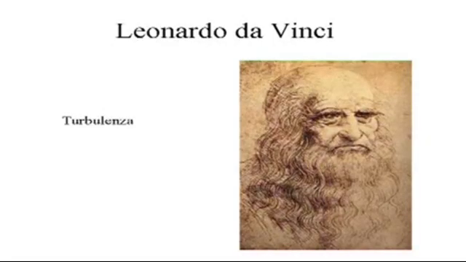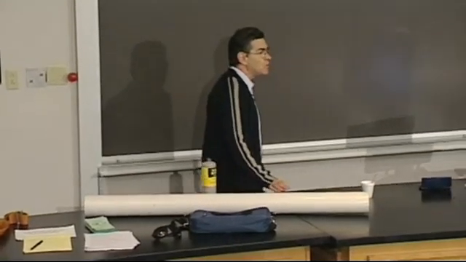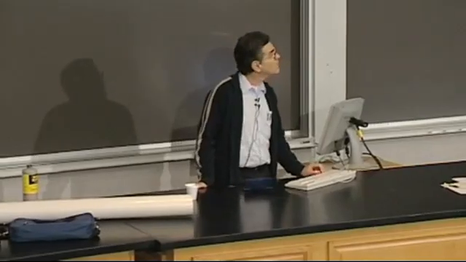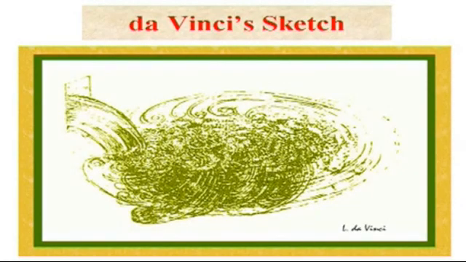So we have to go back to the guy who first coined the term. And the guy who first coined the term was Da Vinci. He was the one who came up with the word turbulence. He called it turbulenza. And he was absolutely wonderful because he looked at natural processes in the world around him and he saw stuff that other people had seen for centuries but never noticed. For example, he looked at a stream and he noticed that there was a quiet stream flowing along, but